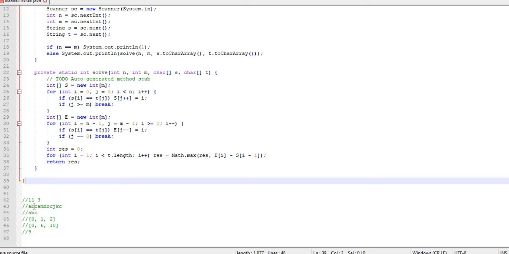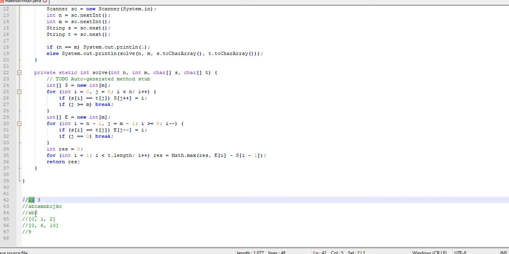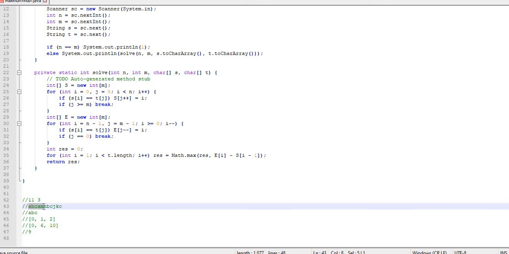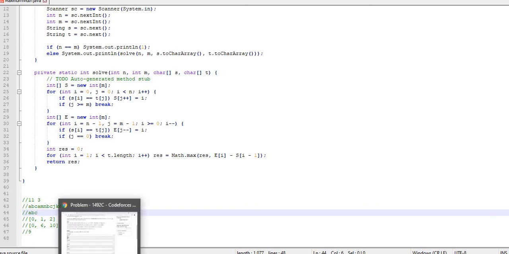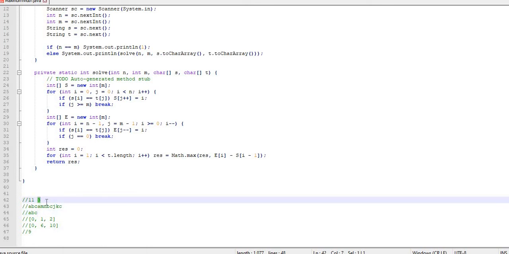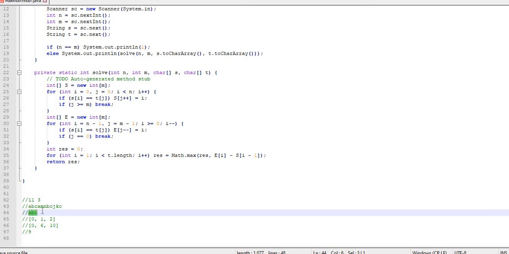Let us say I have a string s of length 11. So this is a string a b c a m n b c j k c, or simply it can be anything, and the string t of length 3, abc.